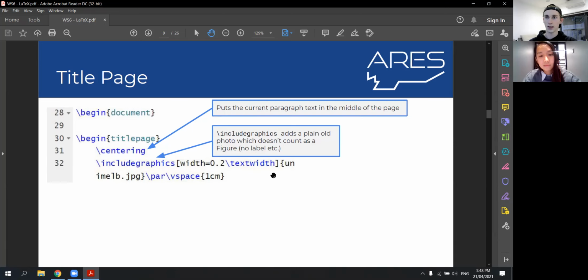And LaTeX is very intelligent with automatically inserting the multiplication sign and stuff like that, in terms of you can just write two values right next to each other in the code and it will figure out the rest. So you didn't have to put 0.2 times here. We've put in this unimelb.jpg,